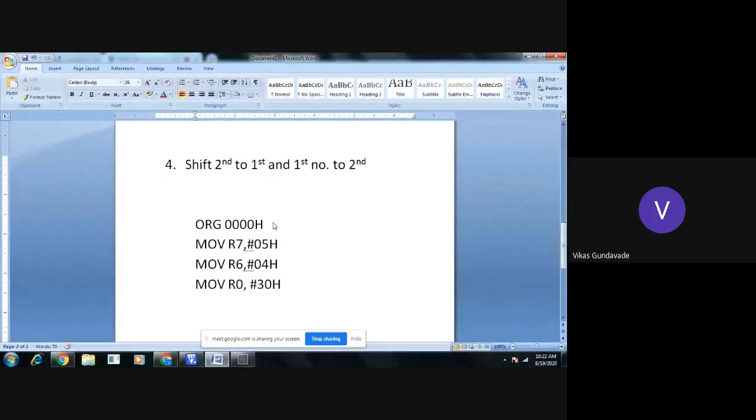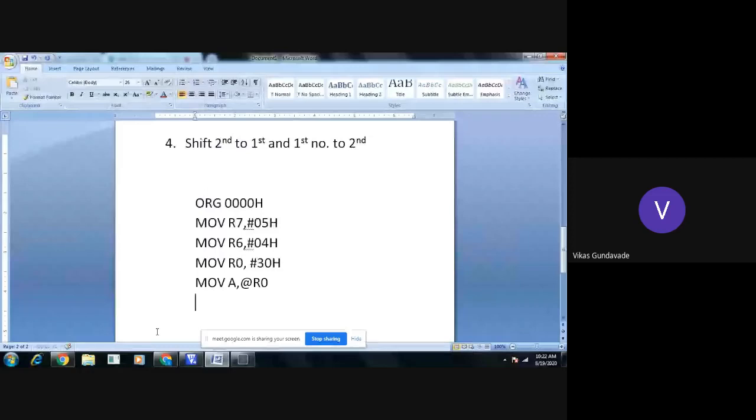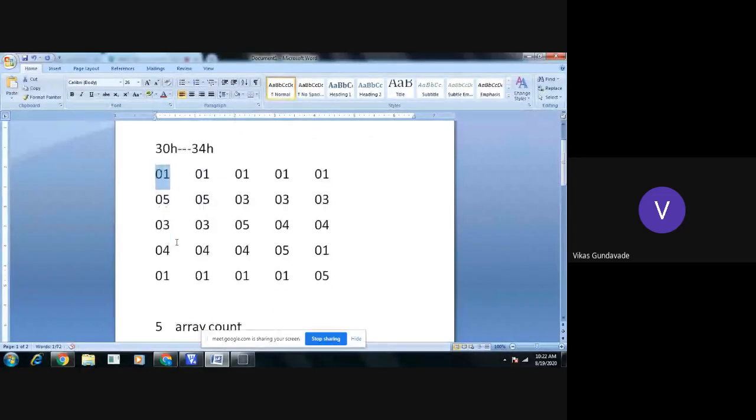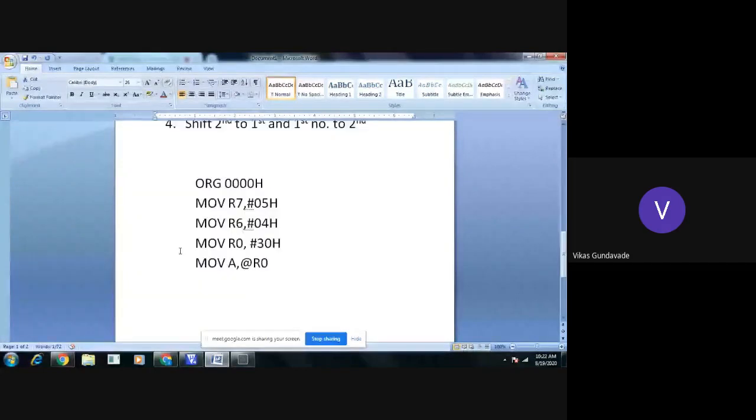Now from this location we will take the first number into the accumulator with the instruction MOV A, @R0. So the first number is received into the accumulator. Here this first number 01 is available in the accumulator. Now after that, we need to increment R0, and after incrementing, we will again MOV B, @R0.